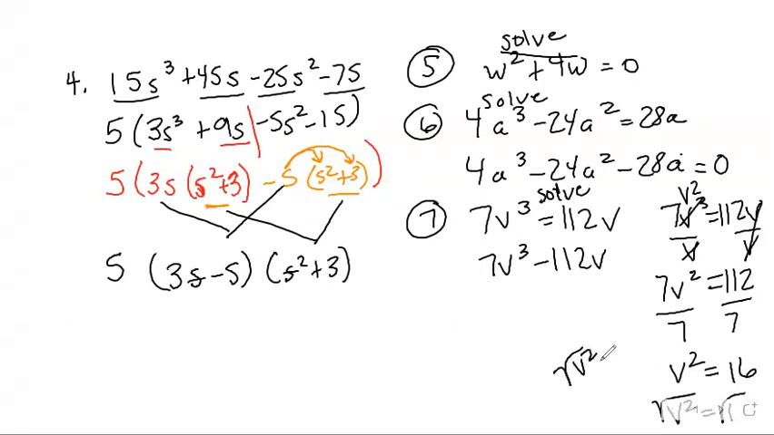So v squared is equal to 16, and so v would be plus or minus 4 on that one. But yeah, you could just also do this in your graphing calculator on those. Do you guys need me to go back, or are you okay? Number 8,